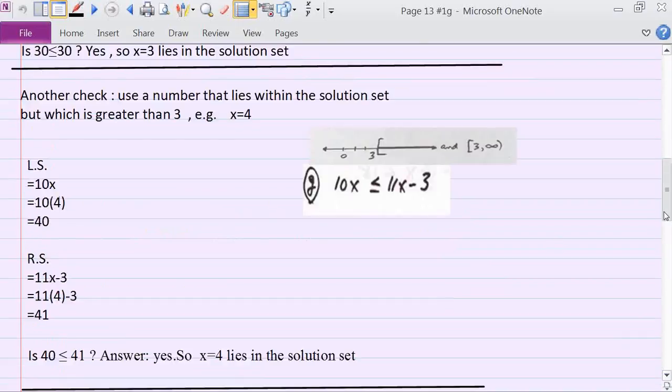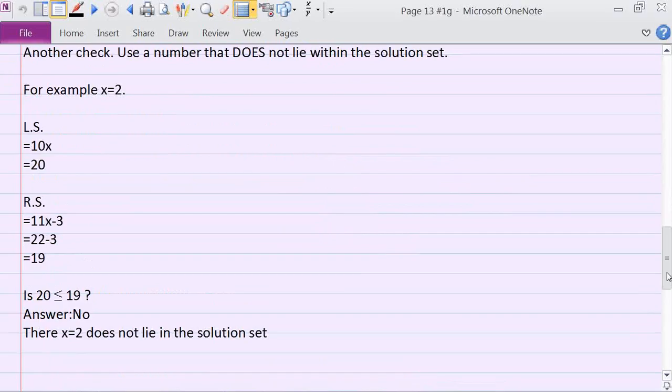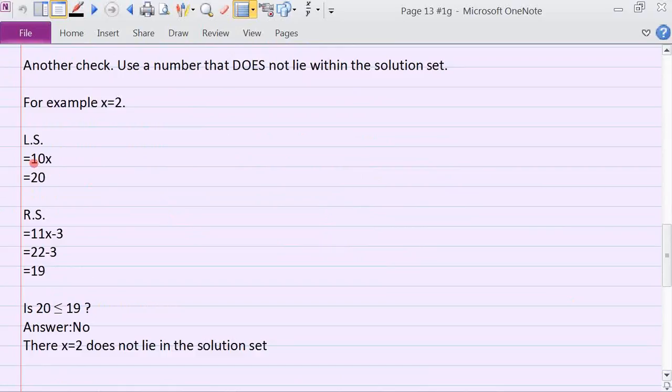If we go up here and we look over here, you can see that 2 lies within the solution set right here. So let's try 2 and substitute it into both the left side. 10 times 2 is 20. The right side is 11x minus 3. 11 times 2 is 22. Minus 3 is 19. And then we substitute into the left side, right side, getting these answers, and ask ourselves,